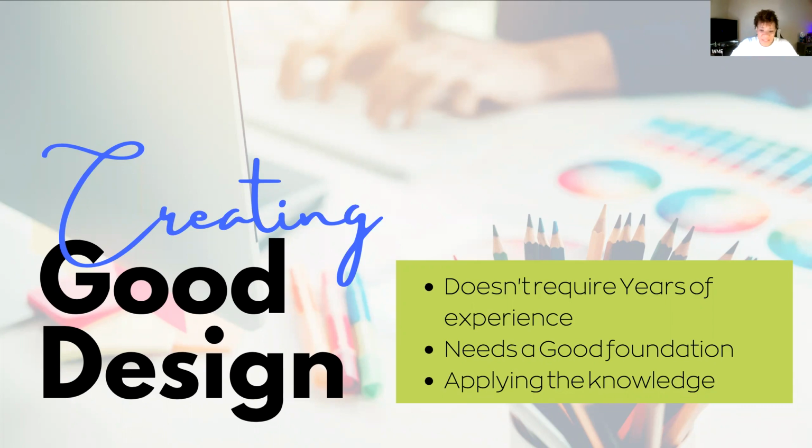So good design needs a good foundation. And that is what we're talking about, the foundation, the structure, what we're going to build and make things better. And then, like I said, it's about applying and knowing it. If you know that you need to make things a certain way to make it better, you can look at it and tell. If I gave you a sheet of paper, just nothing but text, it might not be very interesting to you.